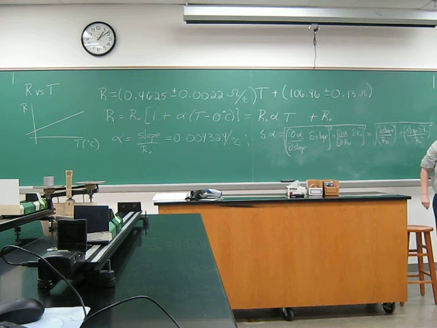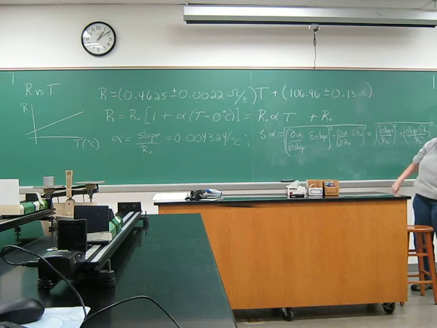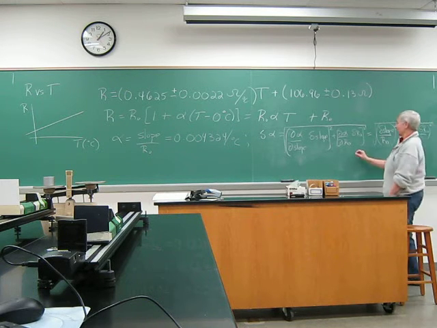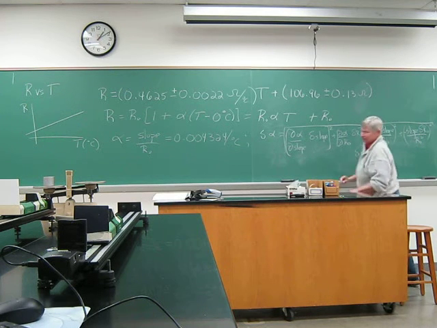That's our 0.0022 ohms over degrees Celsius. We have our value for R naught, our 106.96. We have our slope value, our 0.4625 ohms per degree Celsius. Our uncertainty in R naught, our 0.13 ohms. We have R naught already. We've already said that. So, do I need to substitute this in? Can you just believe me if I tell you what it ends up being? Yeah. All right, so delta alpha, and I think that is